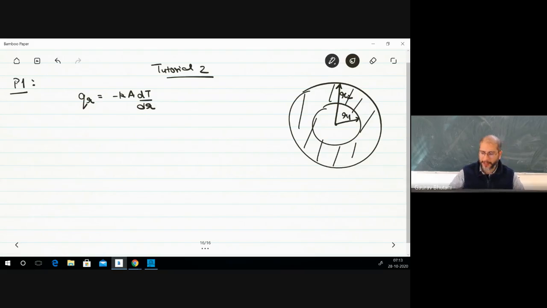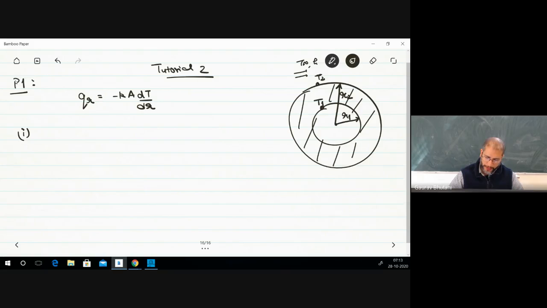So there's only radial heat flow. You have a solid spherical object, and then you have a solid insulation over it, and there is some convection happening from the outer surface. So the first part is, if the temperatures T1 and T2 are given to us, we have to write Qr in terms of the temperatures. Okay, so it's very straightforward.